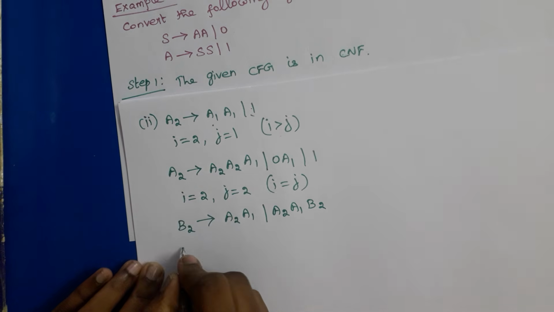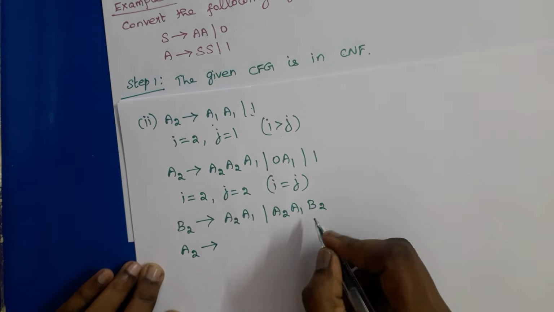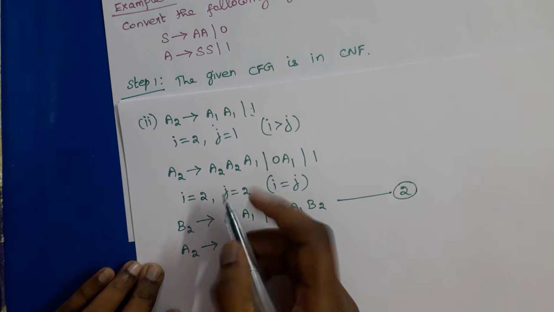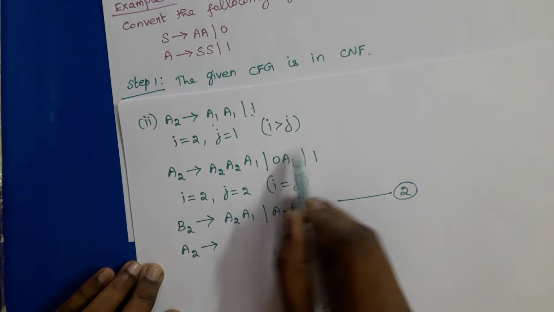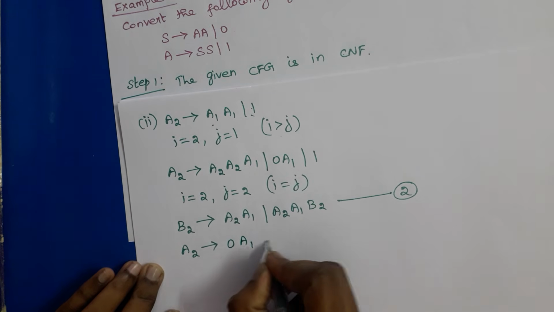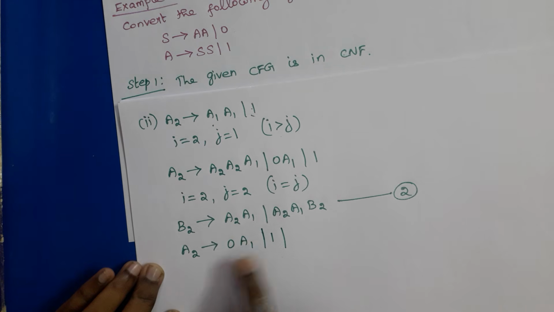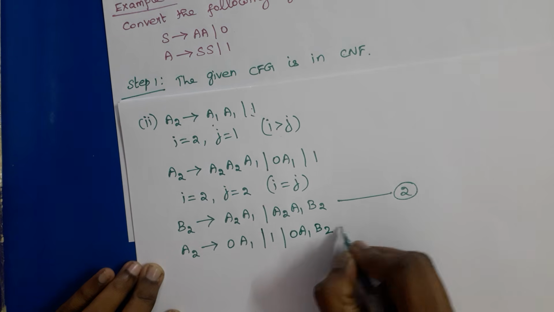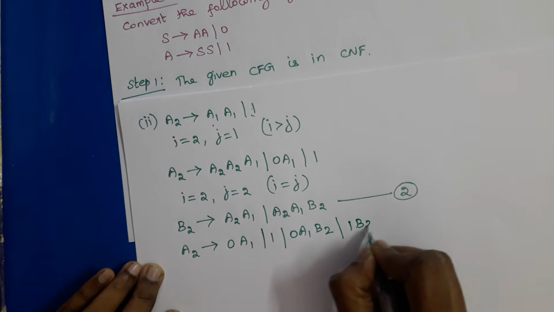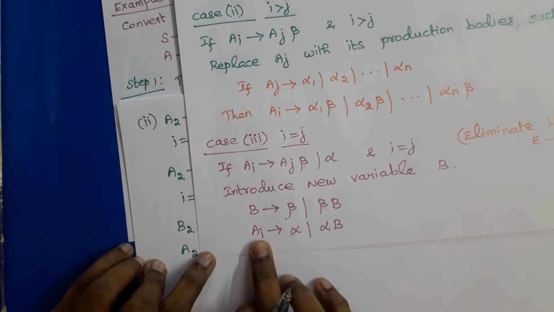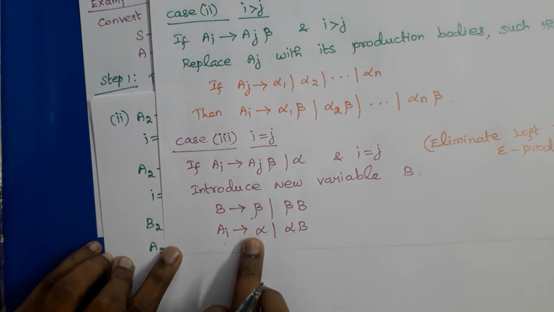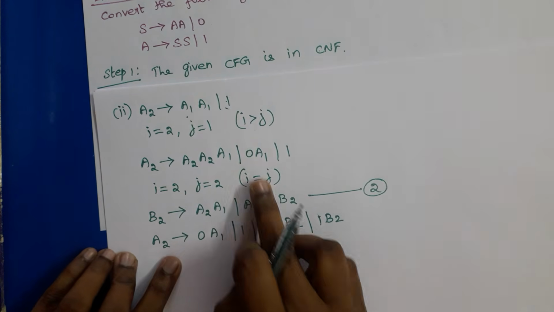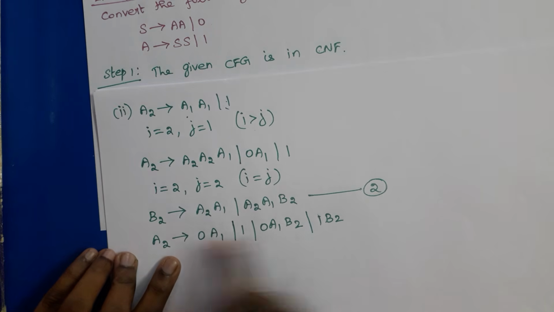Then we have to rewrite A2 now. So A2 tends to, give equation number 2 here. Then A2 tends to write all the non-left recursive productions. So 0, A1 bar, 1 bar. Then rewrite the same with B2 at the end, right? So 0, A1, B2 bar, 1, B2, right? A2 means we have to write the non-left recursive production alpha bar, alpha and the new symbol B. So here A2 tends to non-left recursive productions and rewrite the same with B2 at the end.